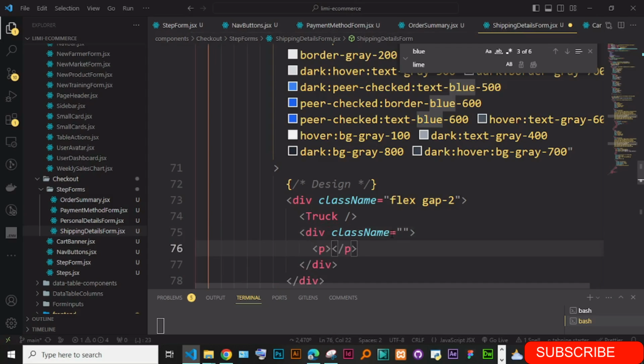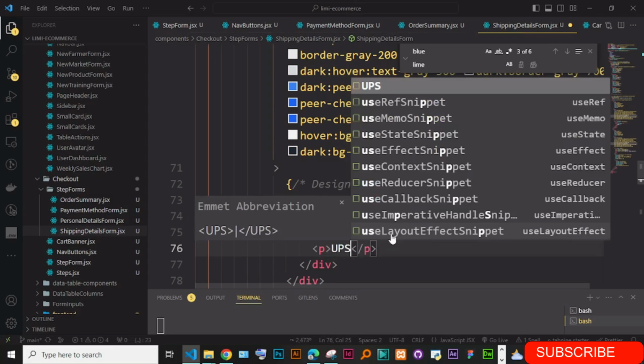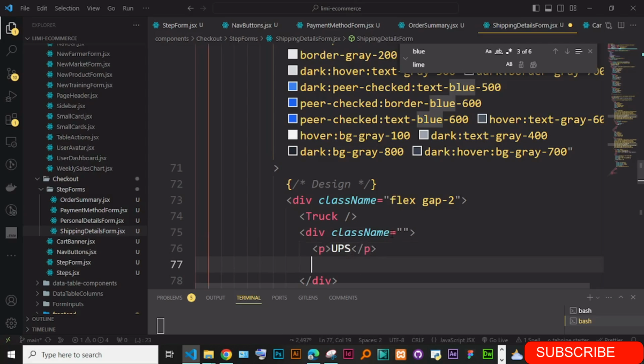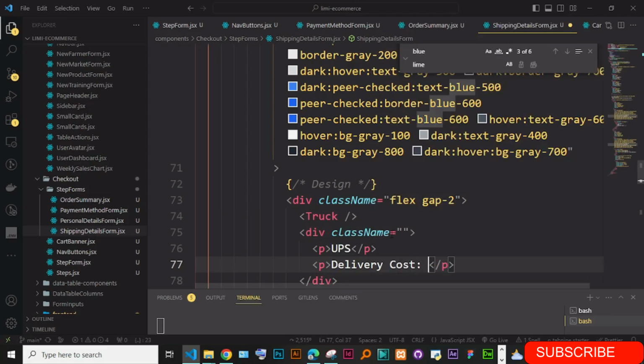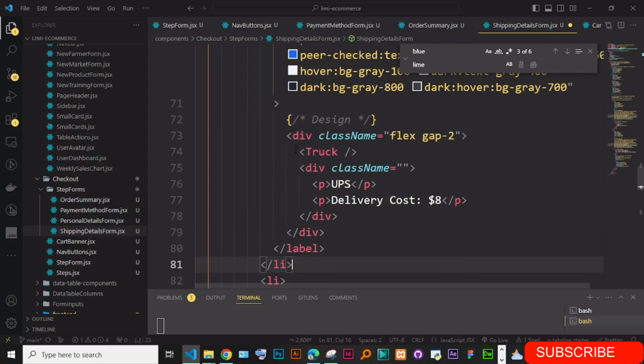Okay, UPS, and down here is delivery cost. I just say here $8. Okay, this, and then on the other side